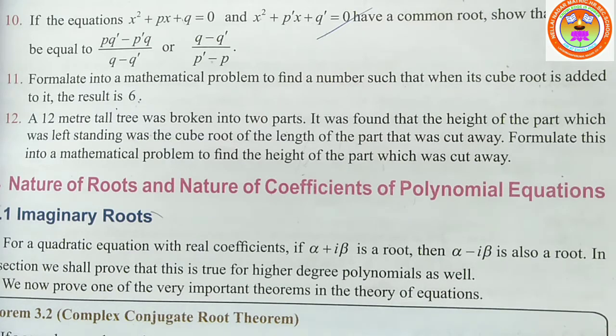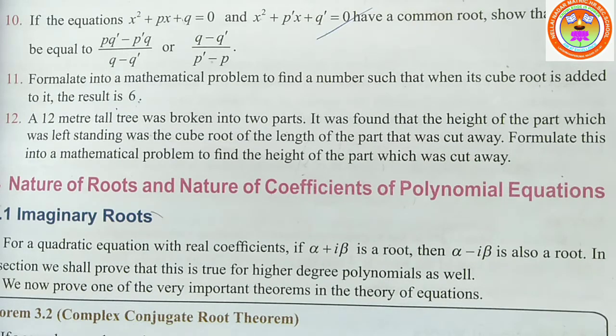So this is one word problem. If you are not understanding the concept, you can read the question 2 or 3 times. Try to understand the meaning of the question, then only we will be able to do the sum. Okay? So let me repeat the sum one more time. There is one tall tree, which is of height 12 meter. It is broken into two parts. One part is still standing, the other part fell down, right?